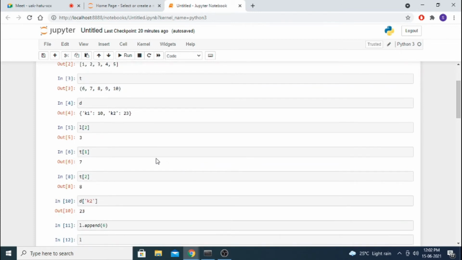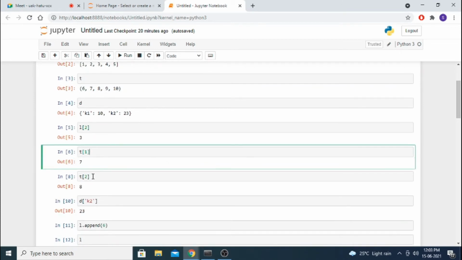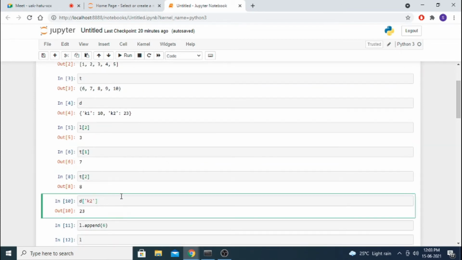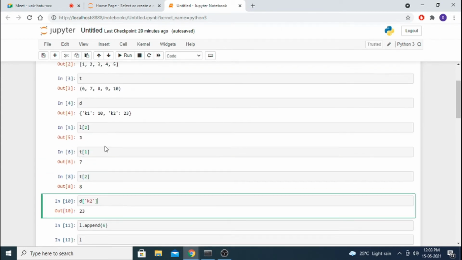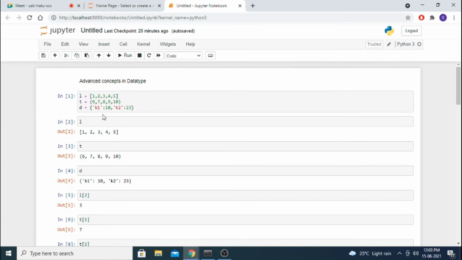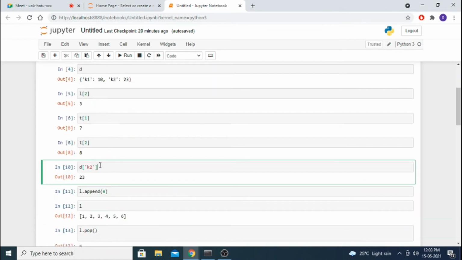For indexing, it is square bracket only in all of them. In indexing, there is no order for the dictionary, while for other things you have the order. For a dictionary it is key-value only; you extract the thing with the key, also with square brackets.